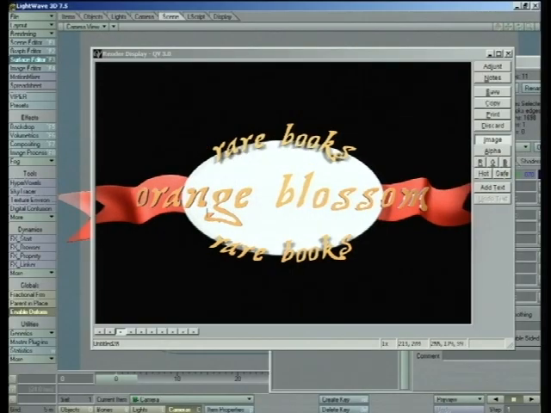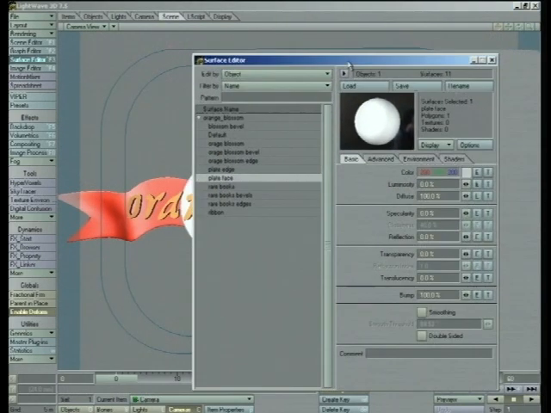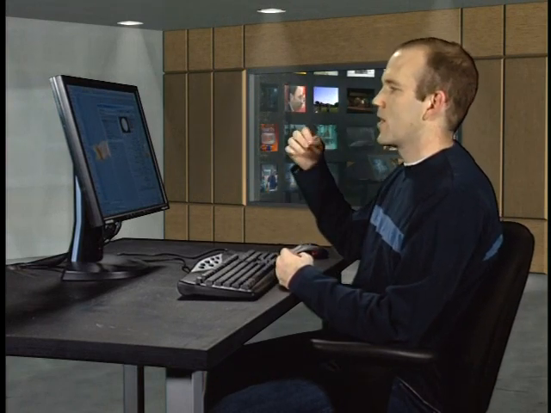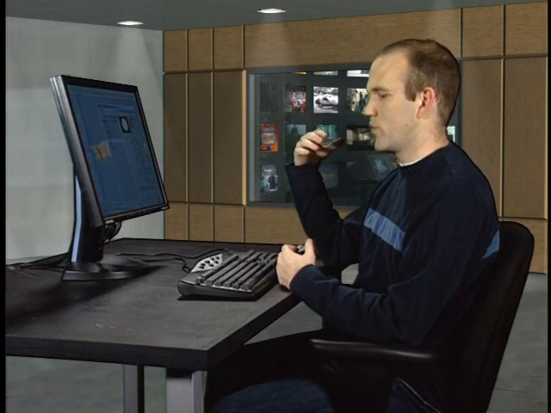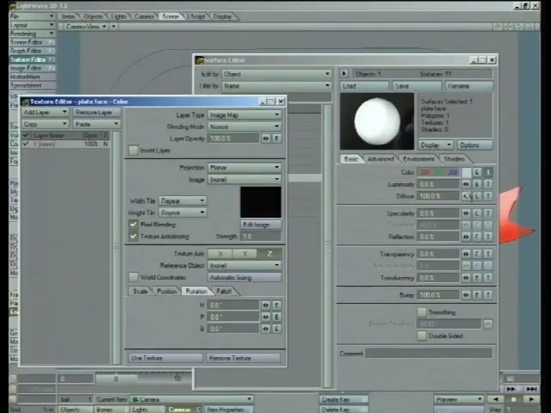Okay, so now what are we going to do with the big open thing in the middle? Well, we certainly don't want to leave it bright white like that. One of the things that I like to do, instead of just texturing everything so that it's diffuse and specular and gets a reflection, is that sometimes it's nice to be able to apply moving textures onto it. So what I'm going to do now is load up